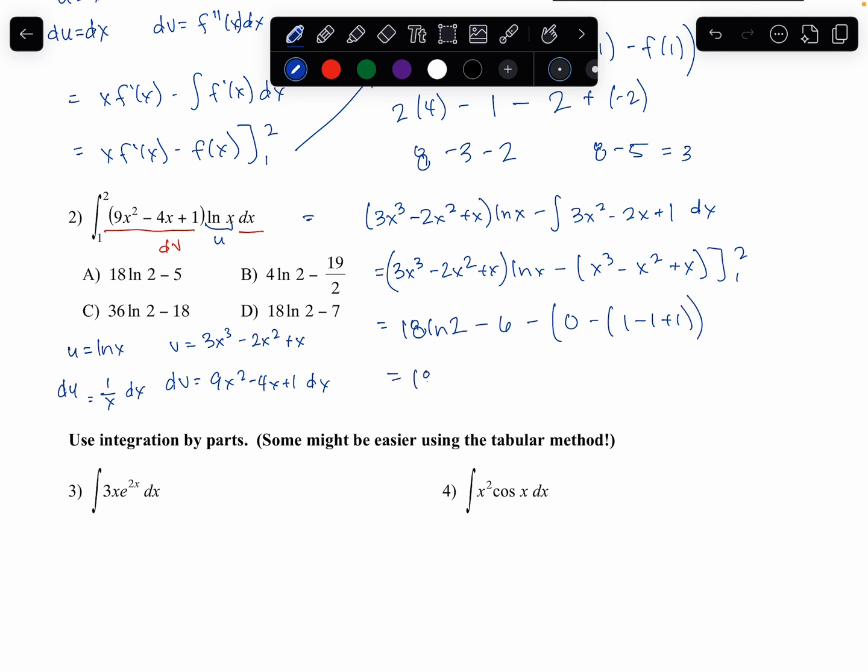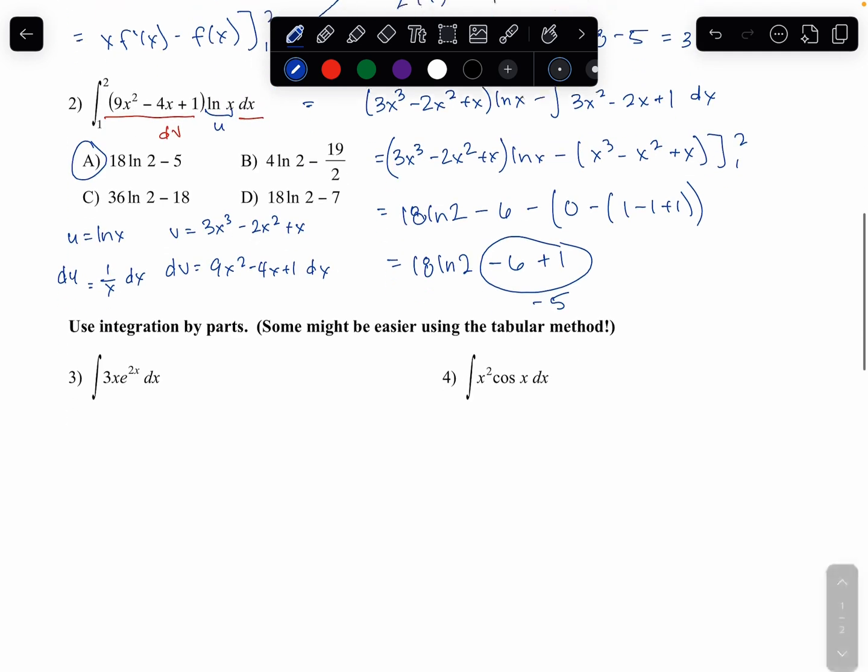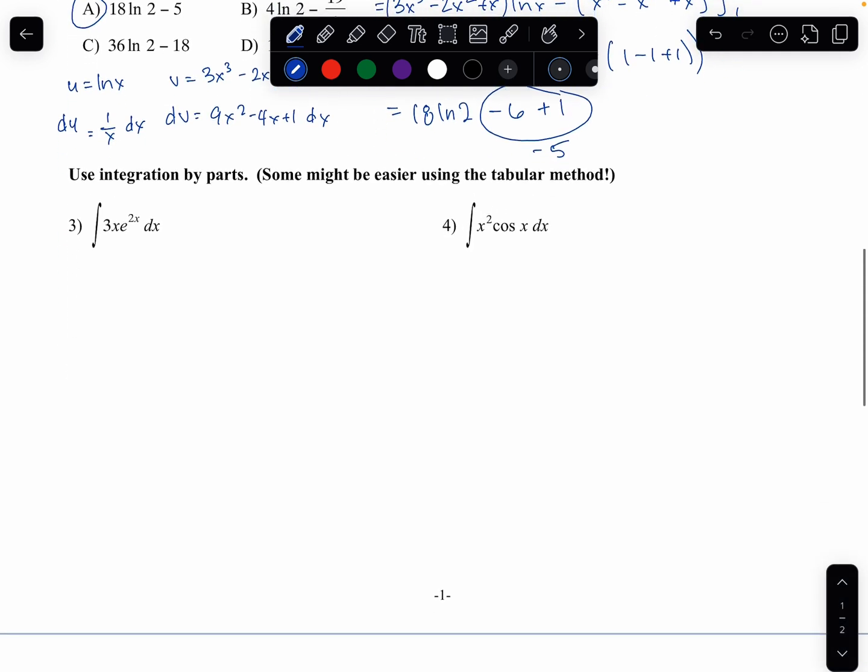So I get 18 natural log of 2 minus 6. Now all of this, that becomes 0, that becomes plus 1, becomes minus 1, becomes plus 1. So I think it becomes plus 1, which becomes minus 5. So I think we should get A. I hope so. That was confusing. Okay,